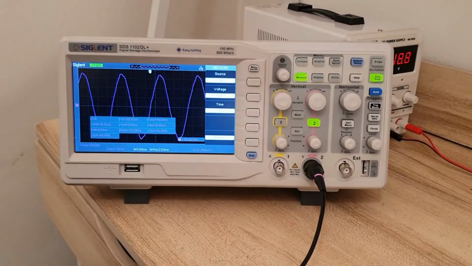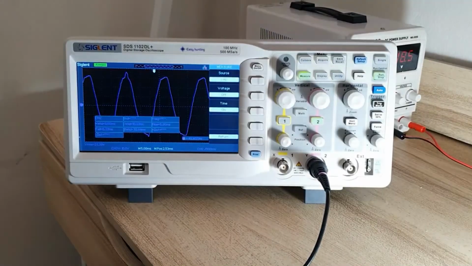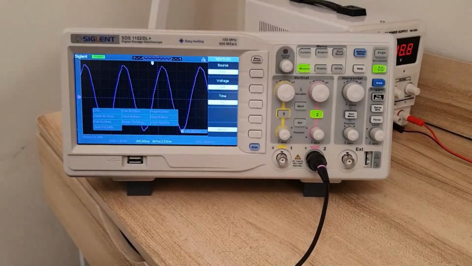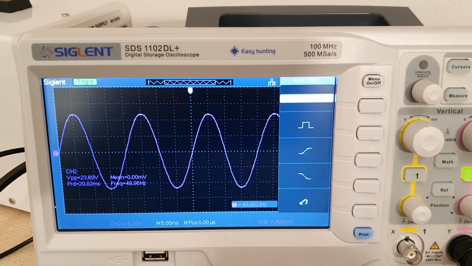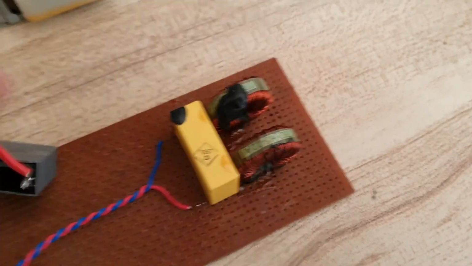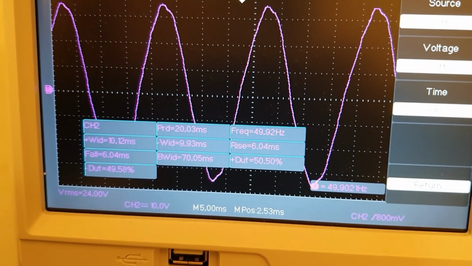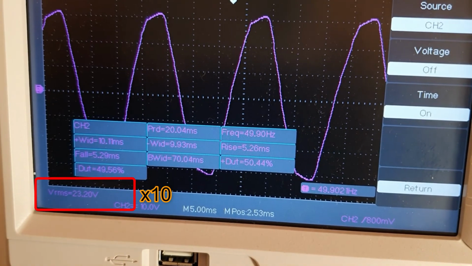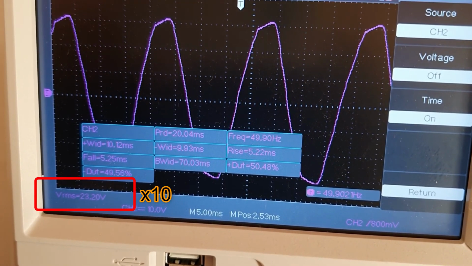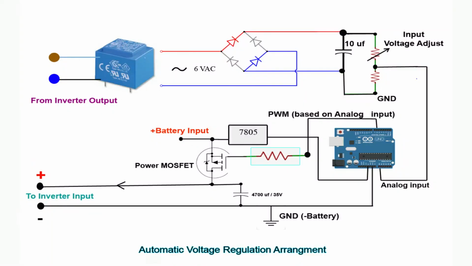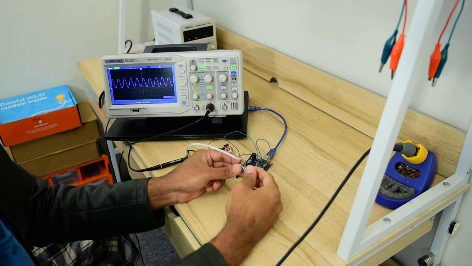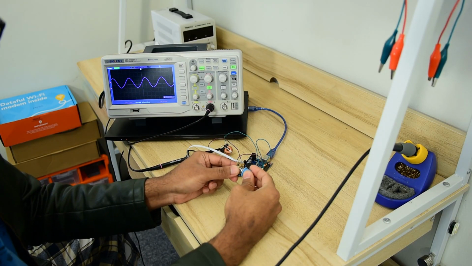I found the final output a little bit distorted on the new H bridge, which was very good on my low power small one. And another thing is I haven't used a proper low pass filter, which should be a proper LC filter like this. As I am not using any feedback and voltage compensation, I am losing some regulation. So if you want to use automatic voltage compensation, then I am sharing the idea, and you may try to incorporate dynamic frequency adjustment as well.